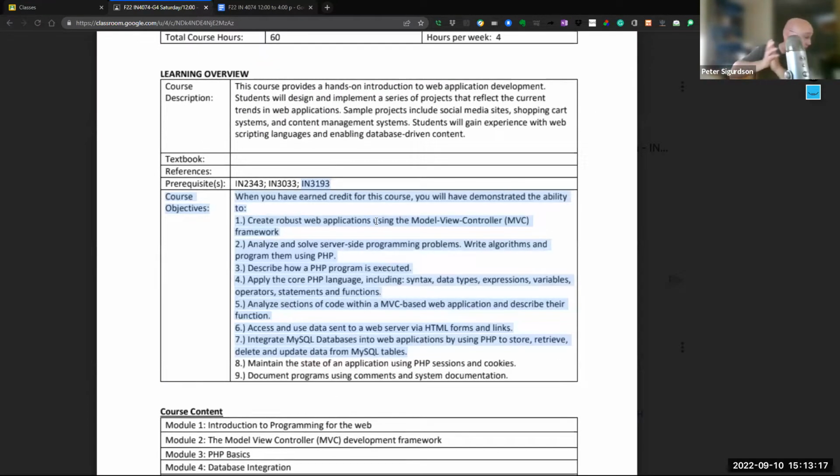So this course provides a hands-on introduction to web application development. You are going to design and implement a series of projects that will teach you how to make web pages that flow information from databases and can interact with users through forms. Sample projects include social media, e-commerce, and content management systems. You're going to gain experience with web scripting languages and enable database-driven content. Actually, the only languages you're going to be learning here will be PHP and